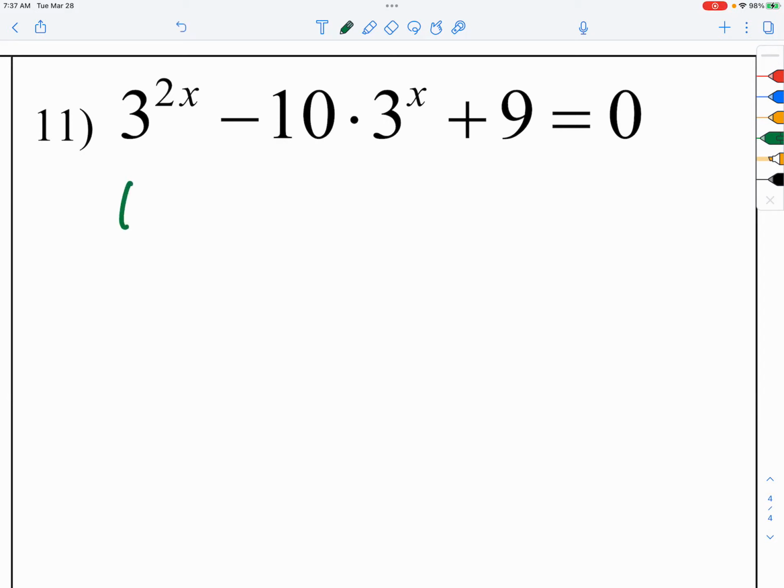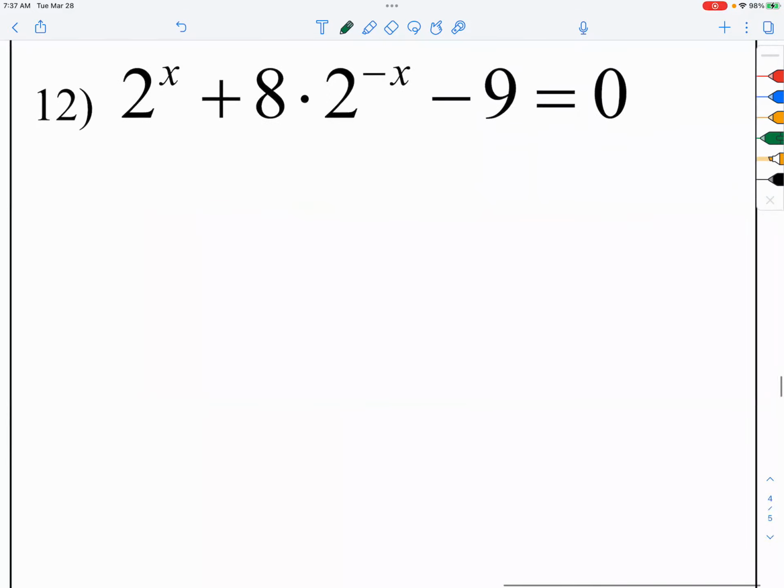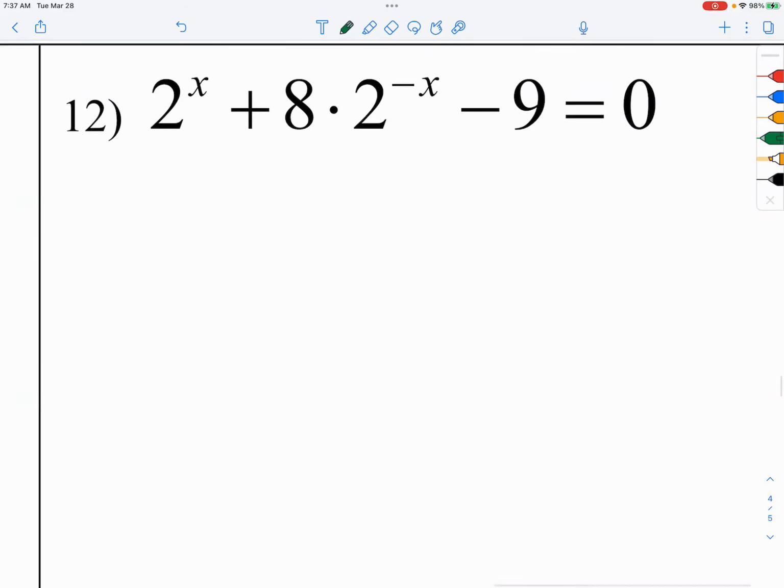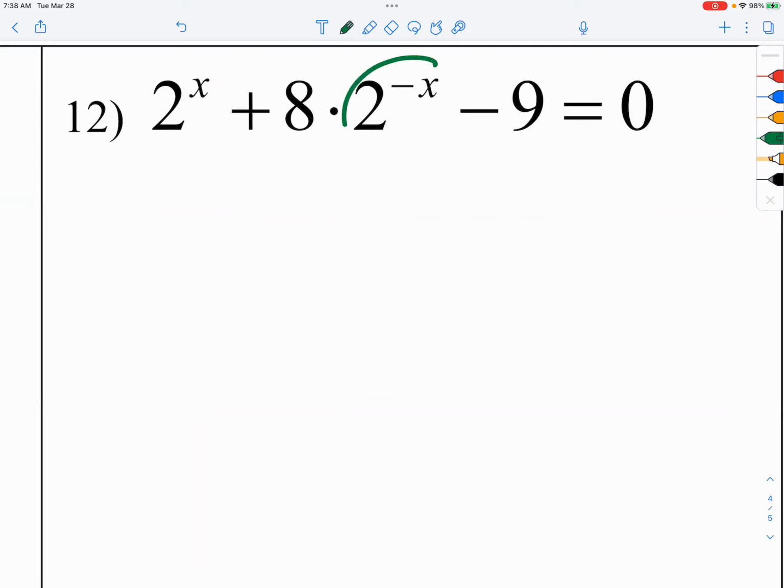Like for this one, it would be 3 to the x squared minus 10 times 3 to the x plus 9, and I'm going to use a dummy variable in place of 3 to the x. Well, that's number 11. Now for number 12, you're like, wait, hold on, something is different. This is just 2 to the x. That is not 2 to the x squared. What do we do? And what makes it even more mind-boggling is this: 2 to the negative x,